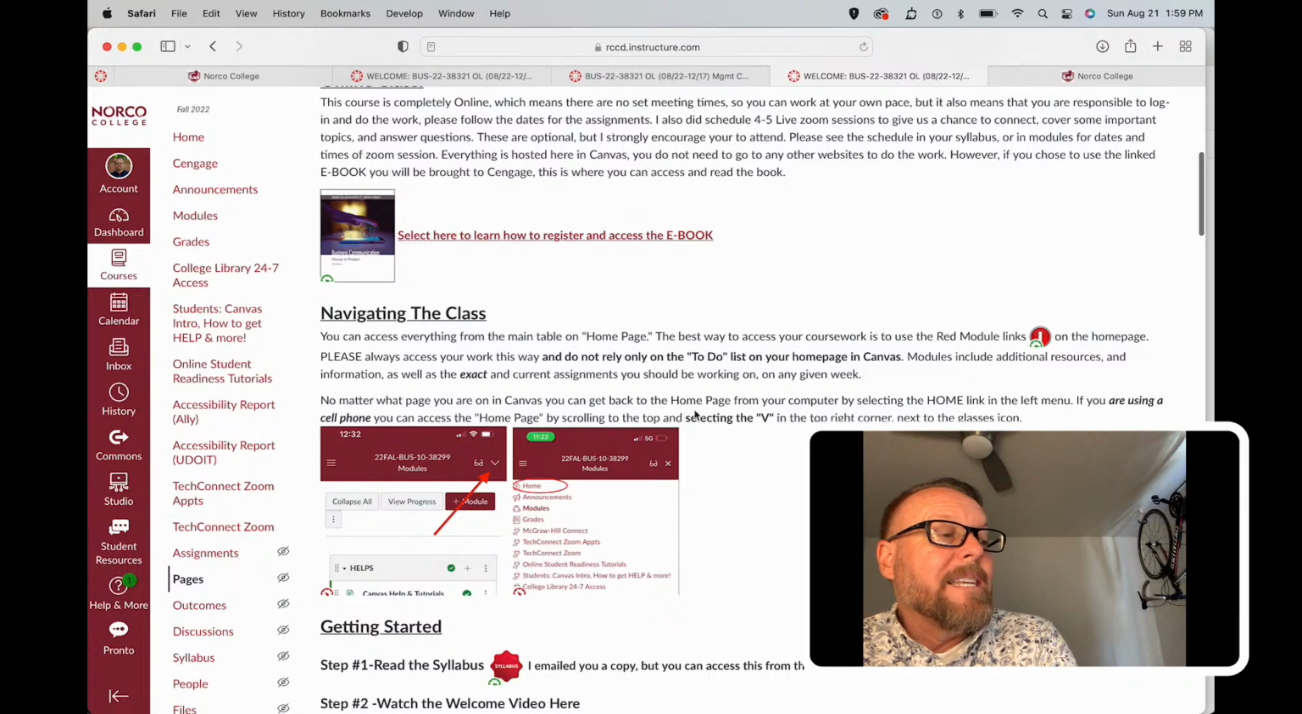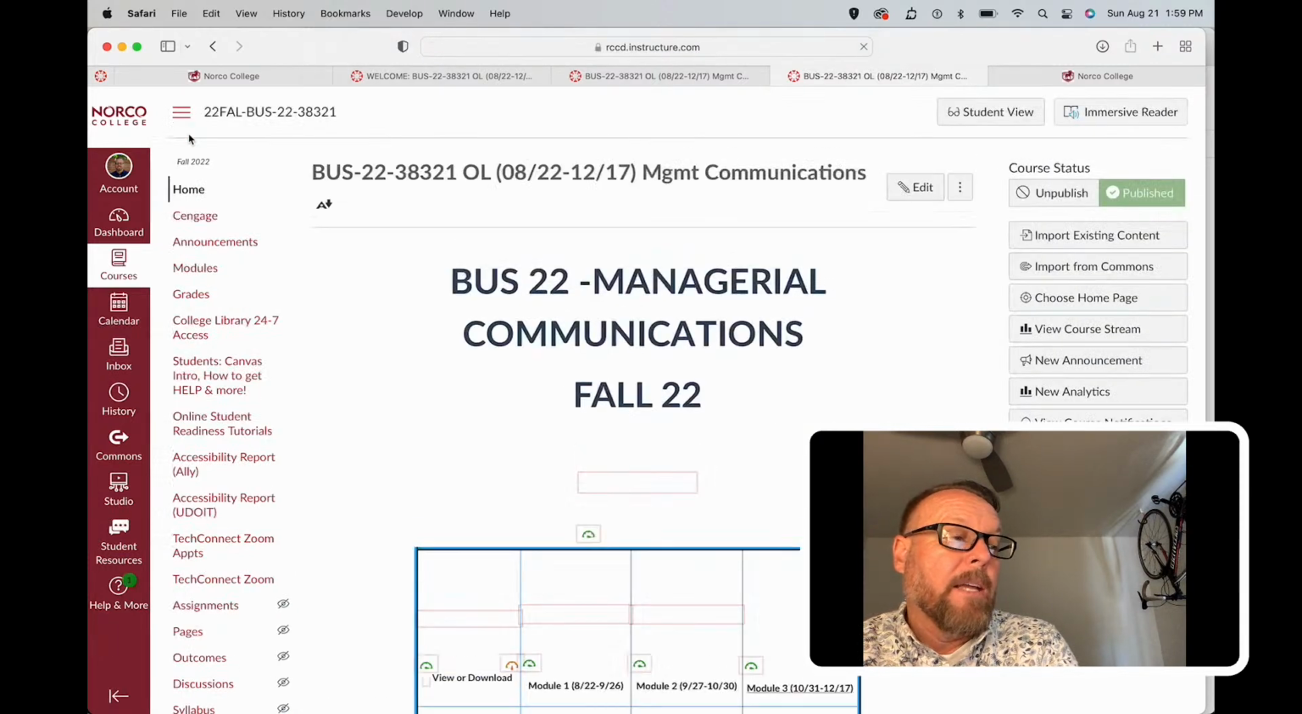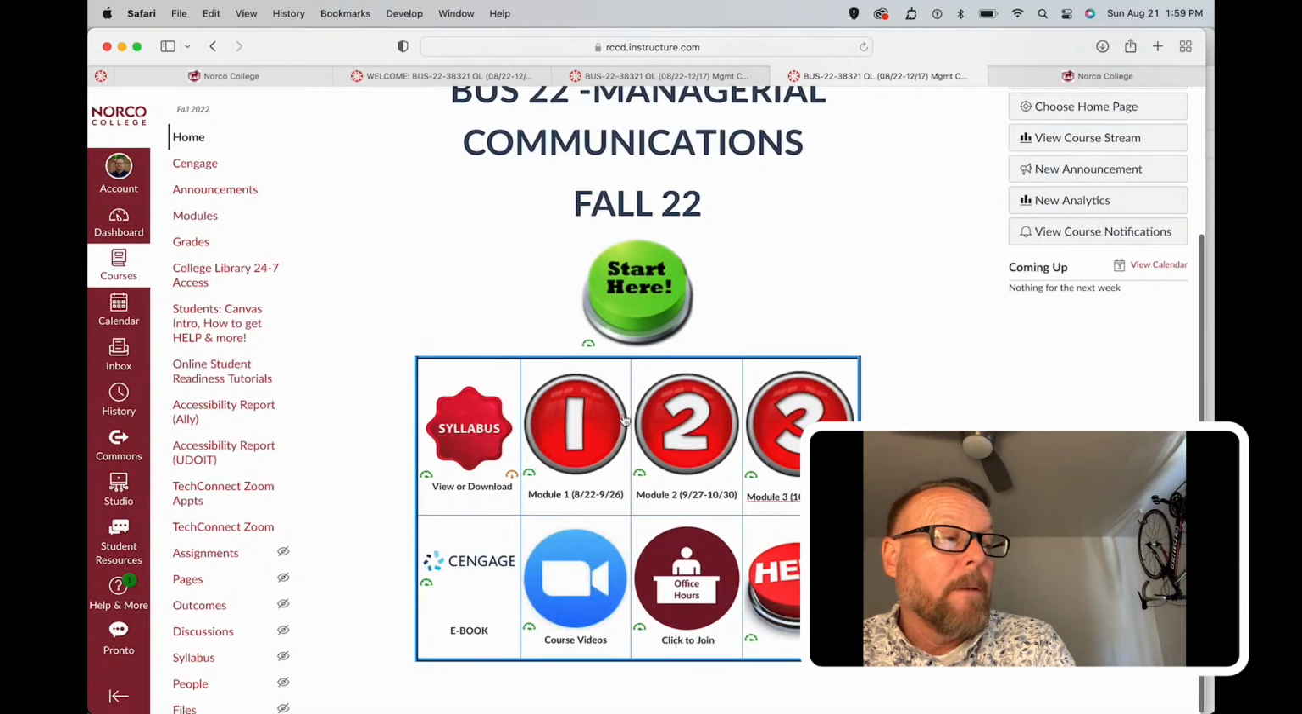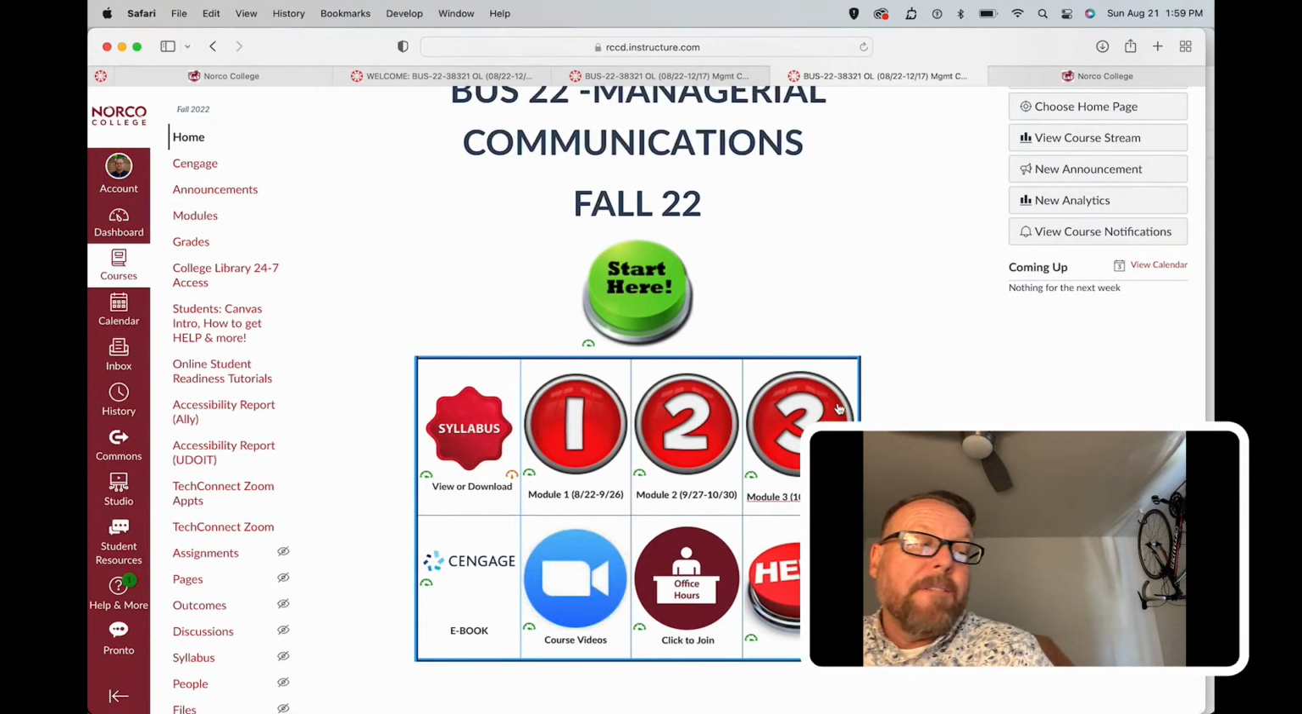So when it comes to navigating our classes, I just mentioned the best way to navigate our class is to always go to the home page. And I'm going to say this, that I've set this class up with 3 modules. Each module is about 5 weeks long because it's a 16-week class. I highly, highly encourage you to use modules for navigating our class and for doing your assignments, and not so much the assignments that we'll list over here to the right, because over here to the right you will have a